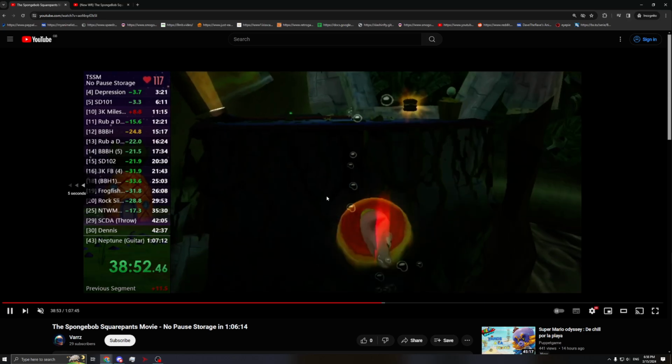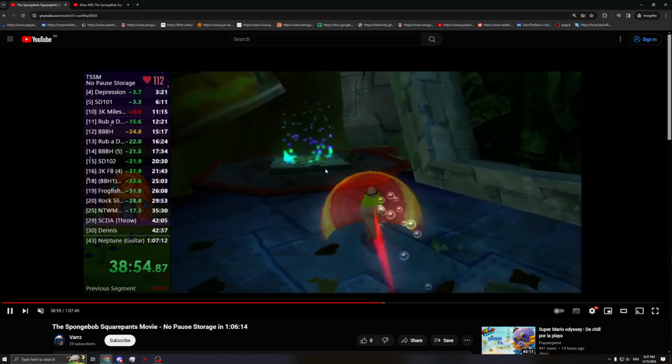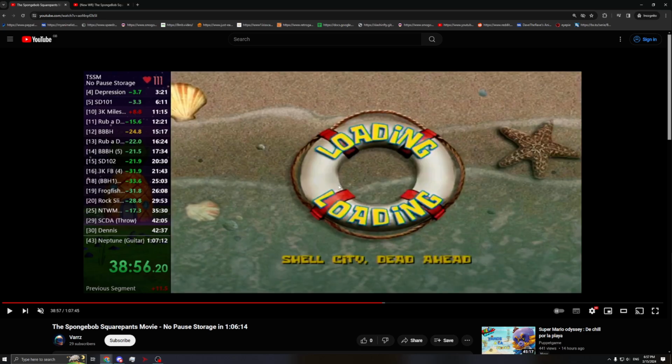Okay, so I did say to him, it's hard to justify floating block light in SCDA because it saves less time and it makes the cycle at the end harder. And it creates one more opportunity to lose ice physics glitch as well. So I don't really blame him for not doing it, but if he did, it'd save like 8 seconds. However, what I will say...